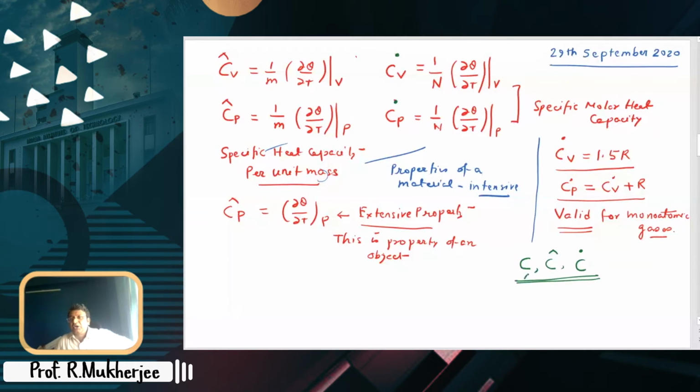So this is for any object, any body, right? The heat capacity, of course, is going to be different for a 50 kg object and a 500 kg object. This is the specific heat capacity if the material is the same. So it's essentially per unit mass, and this is going to be per unit mole. So we are using a notation of dot to indicate a molar property, and therefore I guess we will do better.